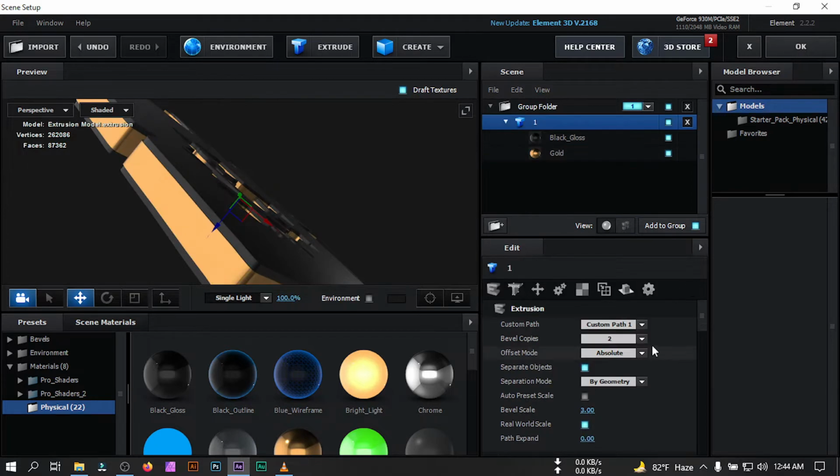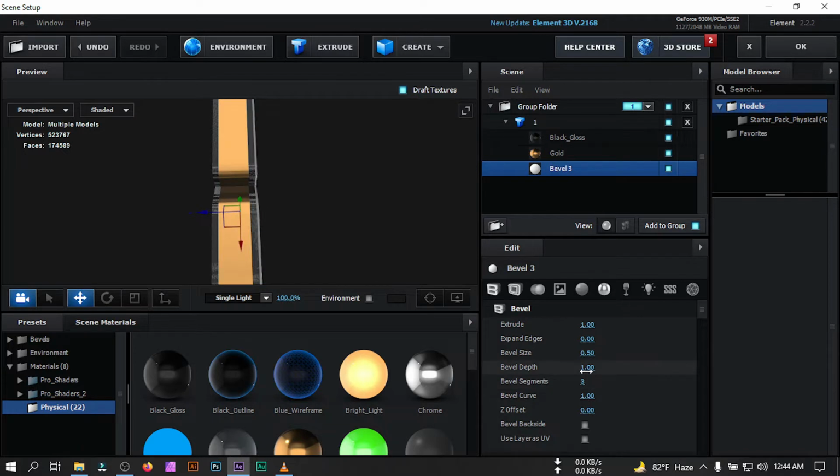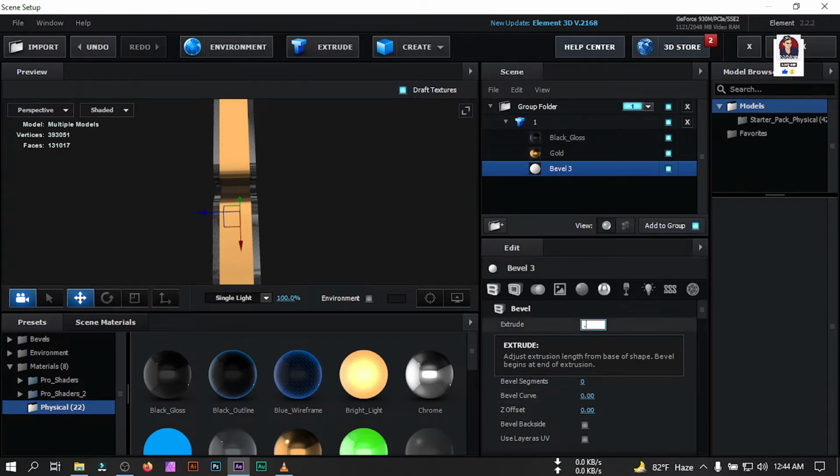Now select this and change this bevel copy to 3. Now select the last copy and change bevel depth to 0, bevel segment 0 and bevel curve to 0 and change it to 0.5 and make the bevel size 1.20.